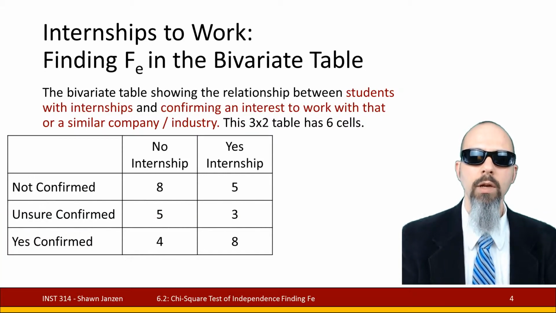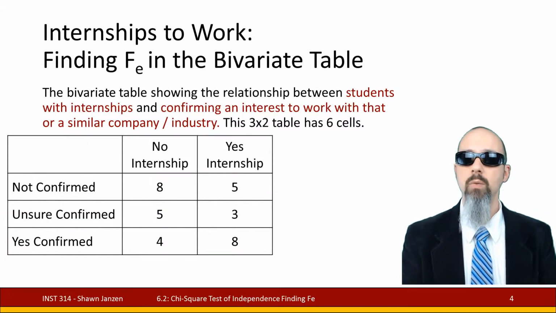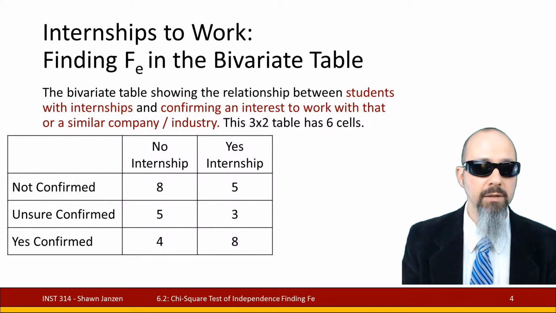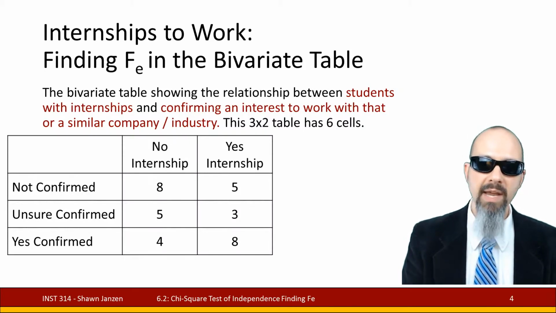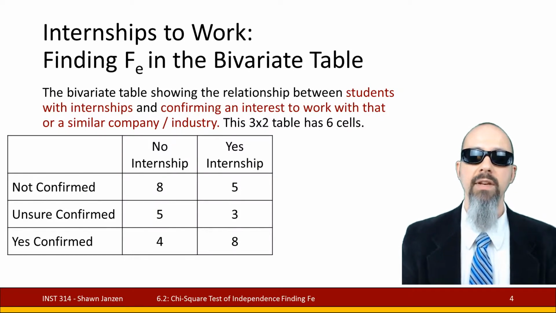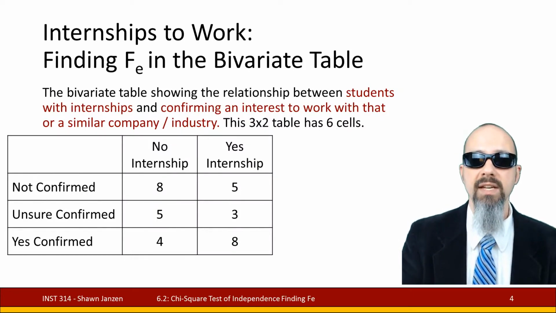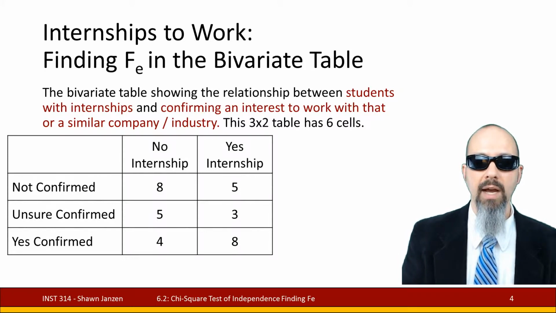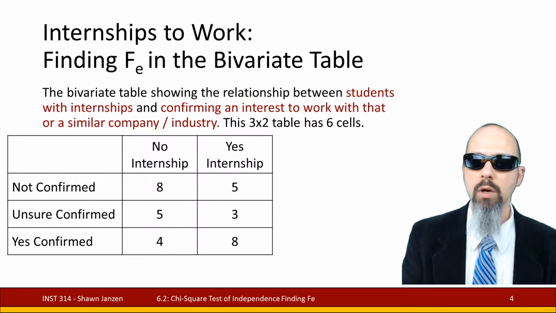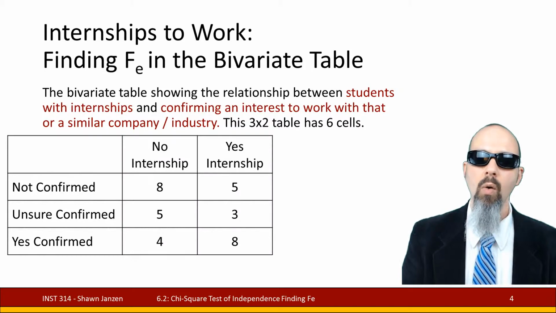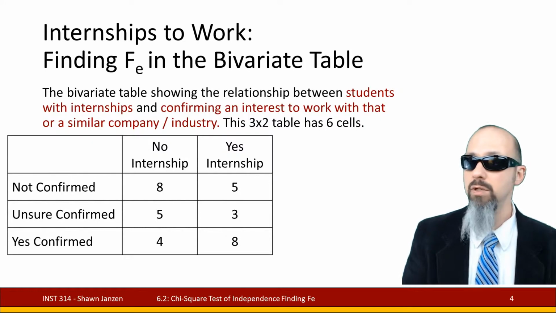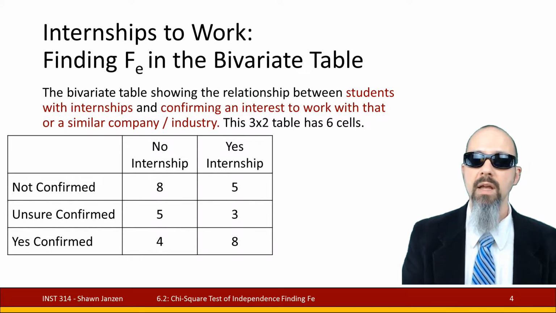In this example, we're going to be using a topic of internships to work. A group of students have gone out, and some of them have obtained internships, some of them have not. Based on whether they have taken an internship or not, we want to see how much interest they still have in working in an industry that they've previously identified as one of interest. They could either confirm that yes, they are interested in this particular company or industry, they're unsure if they are still interested, or no, they think they want to go on a different route. Since they have 3 types of confirmations and 2 types of internships, this creates a 3x2 table